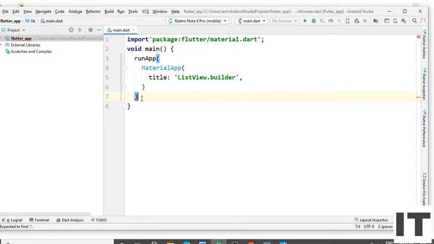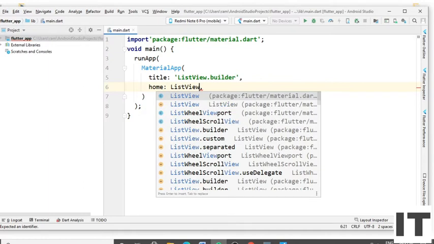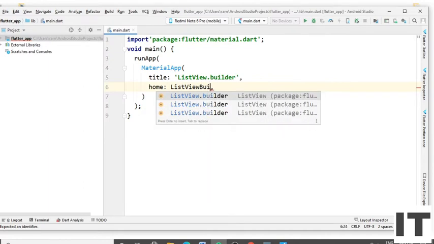Put the semicolon. Type the home widget. Type ListViewBuilder. And put the round bracket.